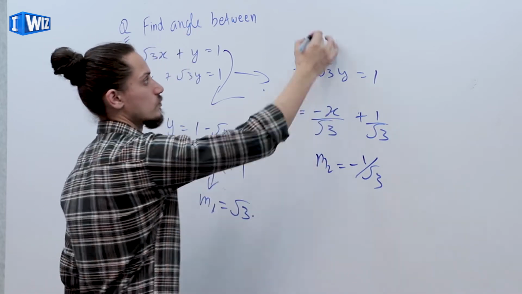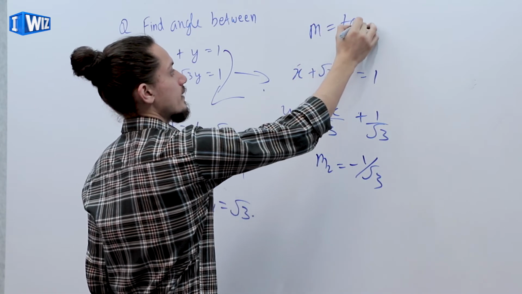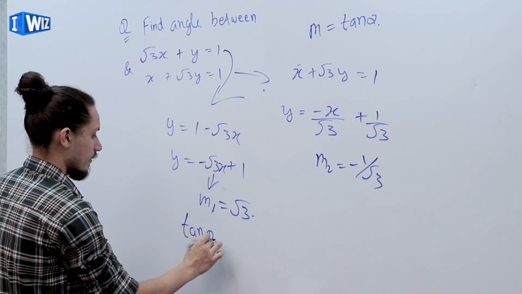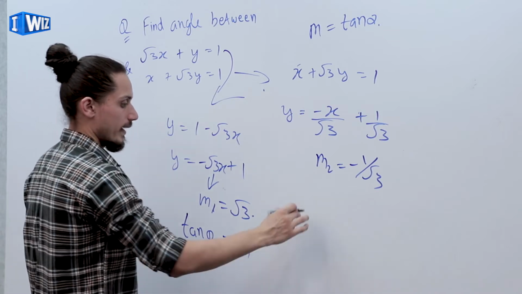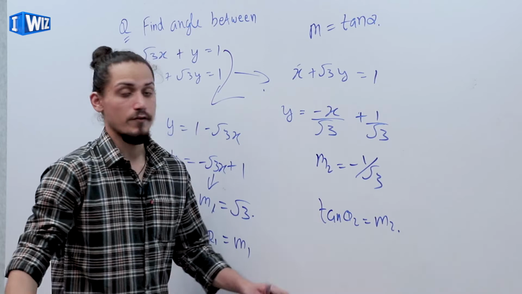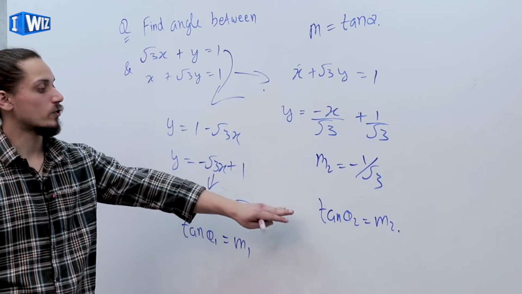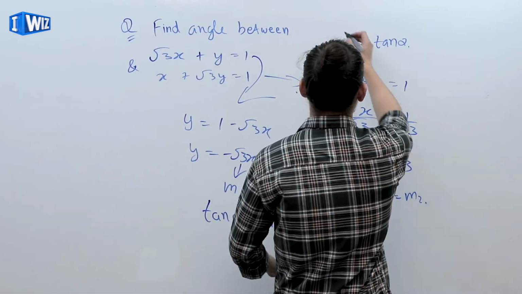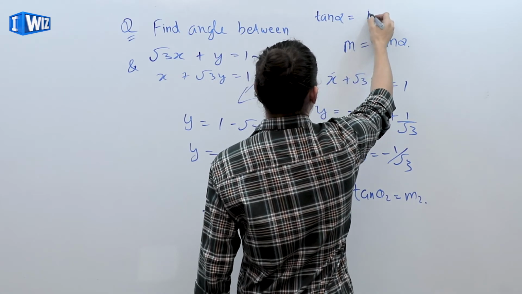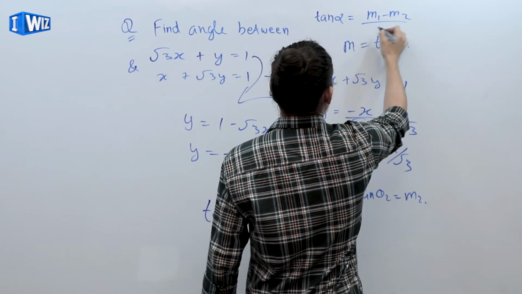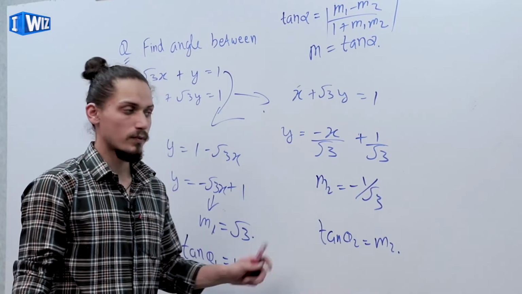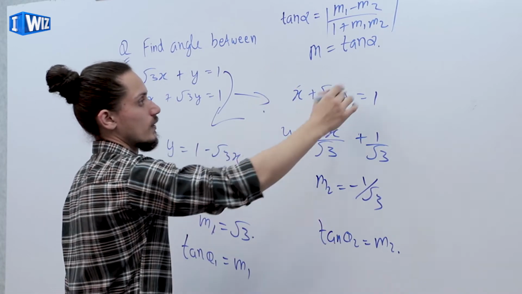We know slope of line m is equal to tangent theta. So here tangent theta 1 is equal to m1 and tangent theta 2 is equal to m2. We also know that the angle between two slopes is written as tangent alpha is equal to mod of m1 minus m2 over 1 plus m1 m2. ये आ गया इसका formula. Using m1 and m2 in this formula we get